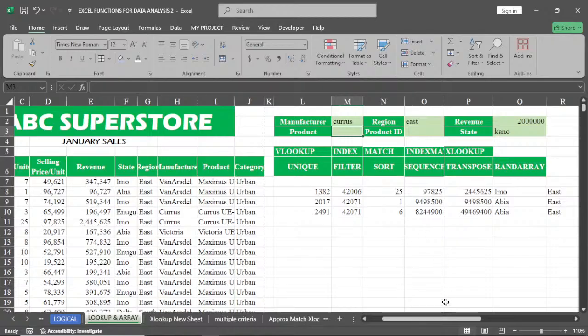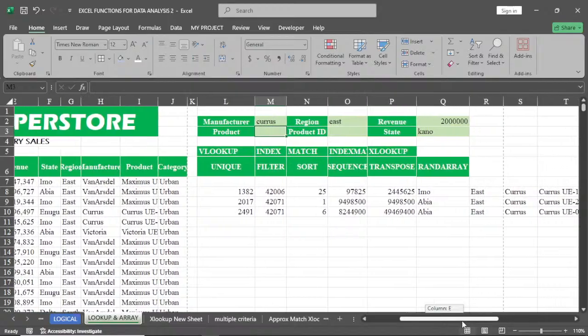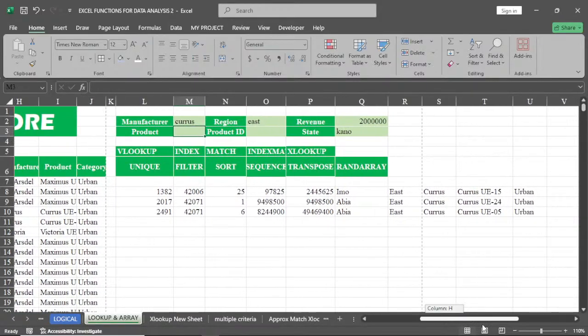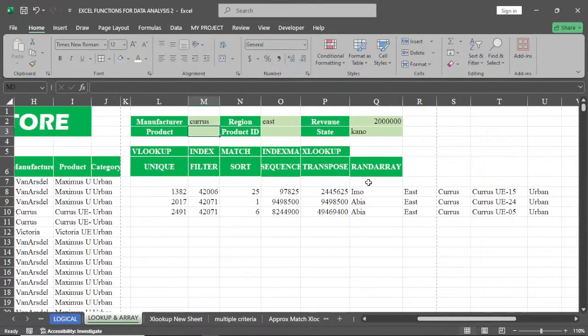Automatically, we see that it filters it out. It filters out based only on this manufacturer. This is the manufacturer here, and then it filters out East. You see that these are East, and these are the states under East. It filters it out, and then revenue